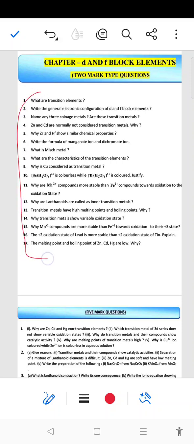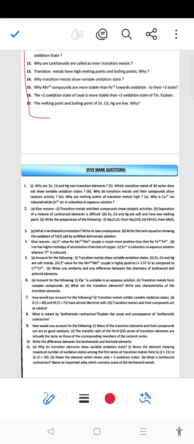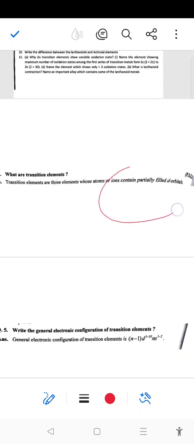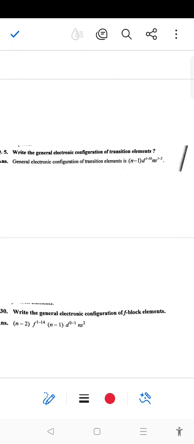So these are the 2 marks sharing question. Next that is a 5 marks sharing question. So start करते हैं पहले. First, what are the transition elements? The transition elements are the elements whose atom or ion contain partially filled d orbitals; that are called transition elements. Second, write the general electronic configuration of transition element: n-1 d 1 to 10 ns